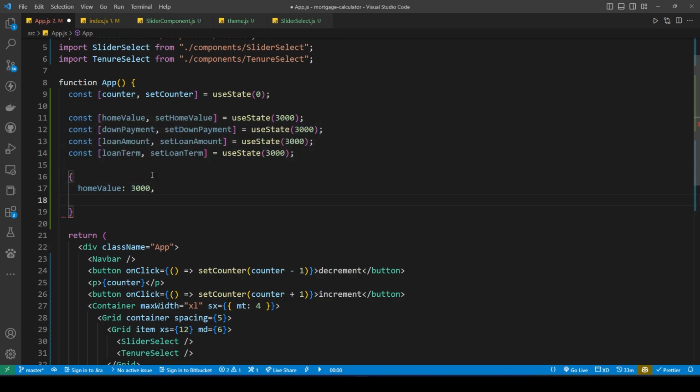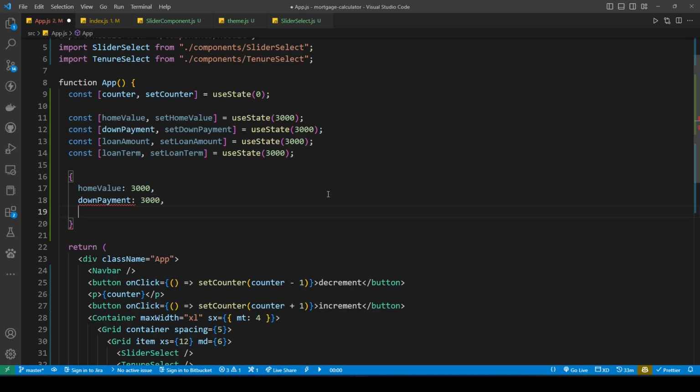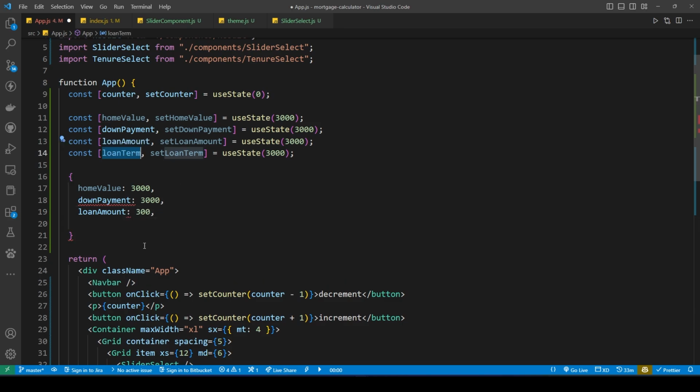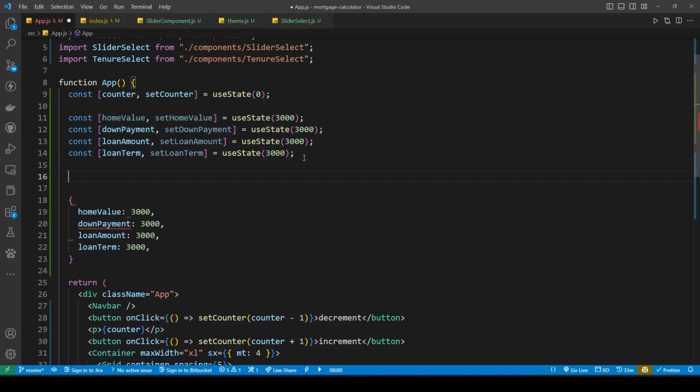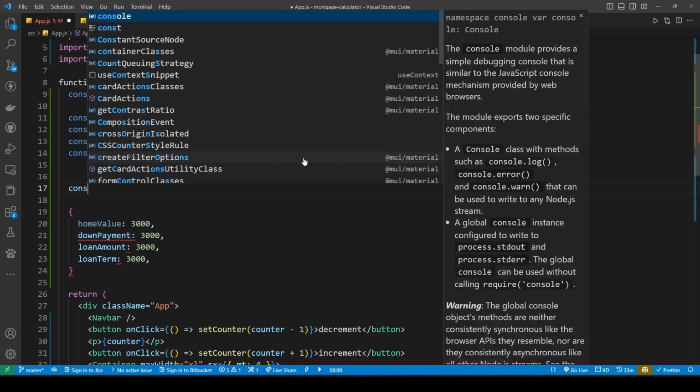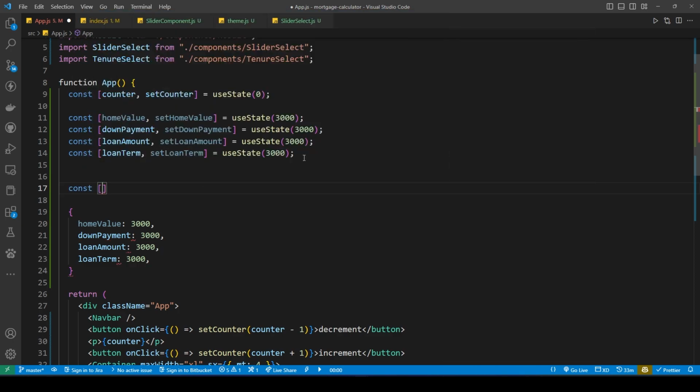Next up we have downPayment. I'm going to copy this, put it here, colon, then how much is that one? 3000 again, comma, let's copy this one, put it here, colon 3000, comma. Finally we have the loanTerm. Let's copy this, put it here as 3000, something like this. Okay, I missed a 0, my bad. Then what do we do? We make only one useState hook. Like this. So const, let's name our const as data, comma, setData equal to